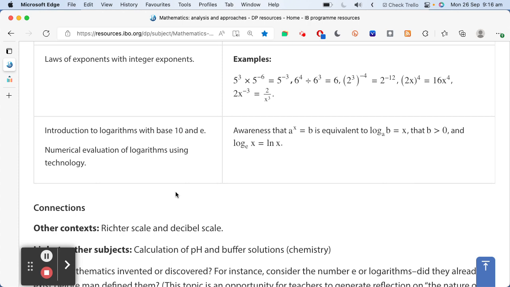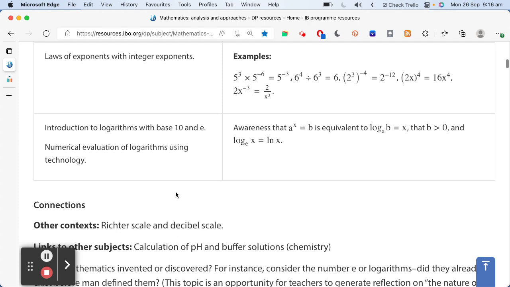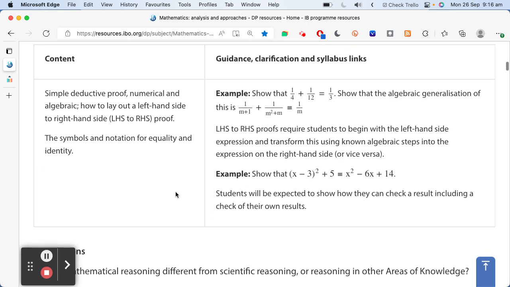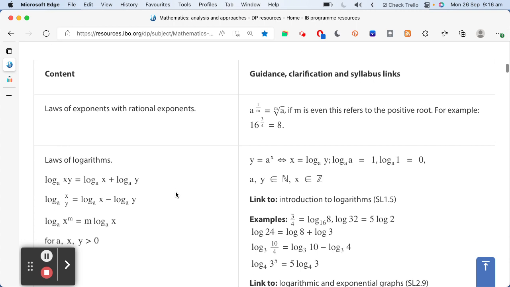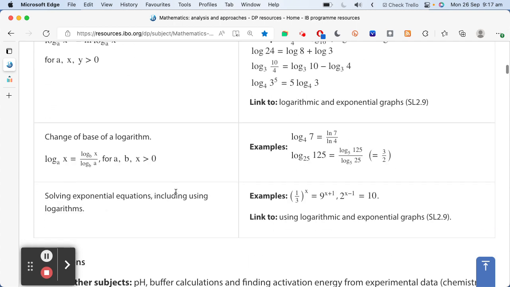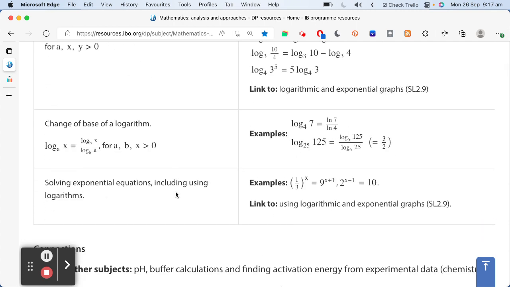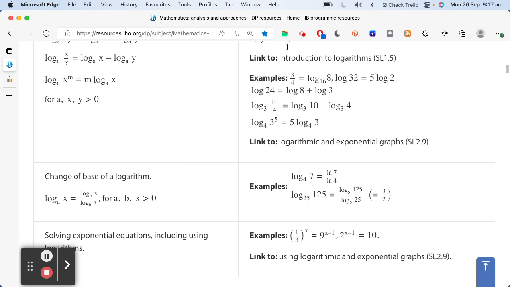Laws of exponents with integer exponents, introduction to logarithms with base 10 and base e. I don't think I need to do anything like that. Most of these things are laws that are on your formula sheet, nothing to do with your calculator usage as such. The only thing I will say is that knowing your logarithms to the extent that you can manipulate your equations to use them on your GDC is useful. I'm going to come back and talk about change of base theorem in a second. All of these sorts of things you should be able to do manually,